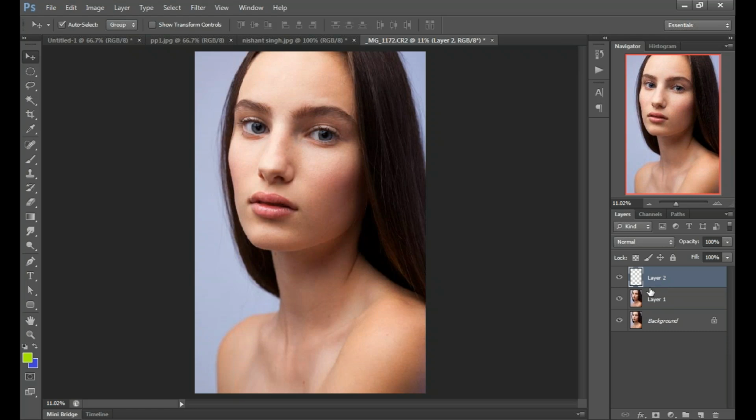No, there is no need of that. We only worked on that. Okay. Any other questions regarding spots removal? I think everybody is clear.